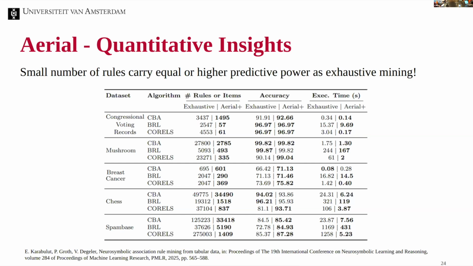So we give these algorithms the rules that we learn, a small subset of rules, in comparison to the set of rules learned by the exhaustive methods, which is basically every possible rule that is there. And then we do a prediction accuracy task, and we see that even though, in this case, we have 100 times fewer rules, we still get equal accuracy, sometimes slightly better, sometimes slightly less. So with a much, much smaller number of rules, we get equal predictive power.